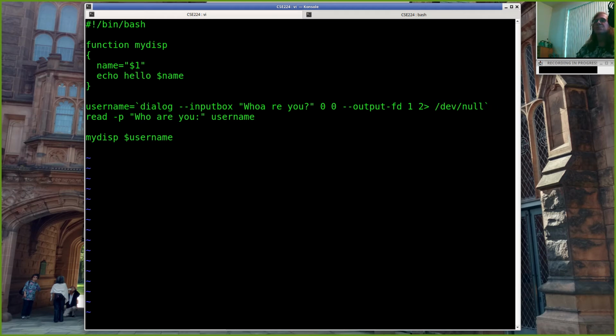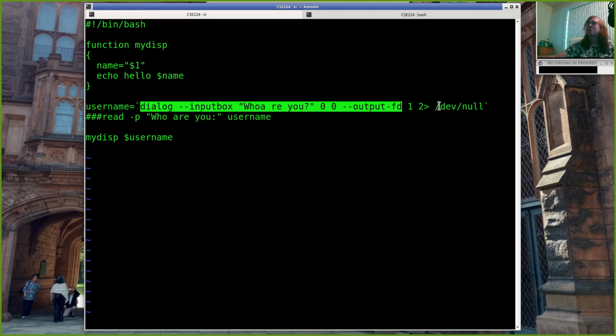So this will run the dialog command, right? Ask you who you are. When you're all done, dialog will output what the person typed in. The back quotes will say, okay, take that and store it in this variable username, and that should be global at that point. And you can either use it as a global or you can pass it as